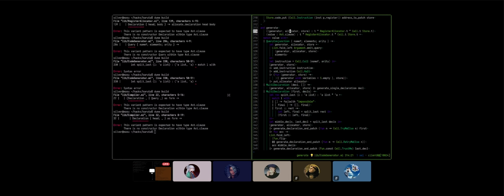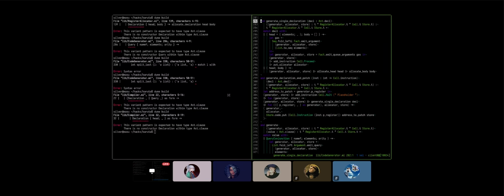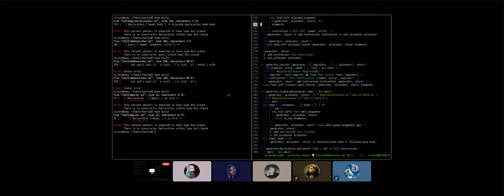Wait, I'm confused. Oh, it's because it's not an allocator per declaration anymore. Right. Fuck. Man, that's problematic. Yes, it is, because everything was done in this file, which is the most complicated one we have so far, assuming a single allocator. Everything is running under this assumption.